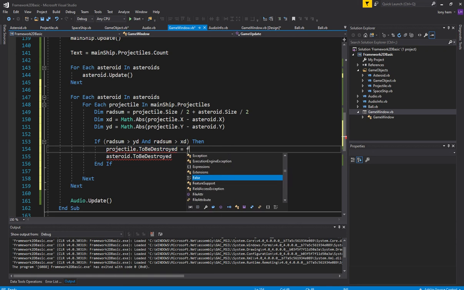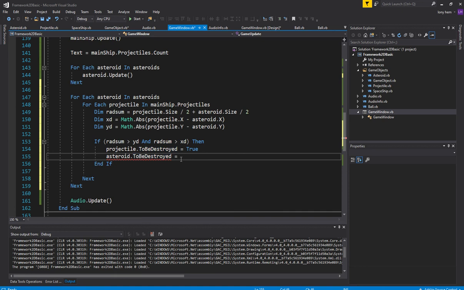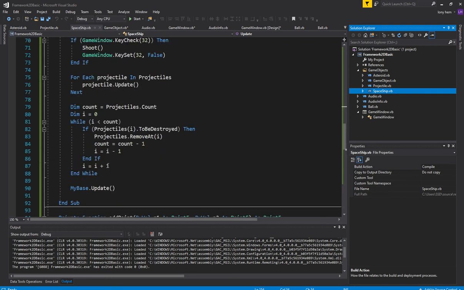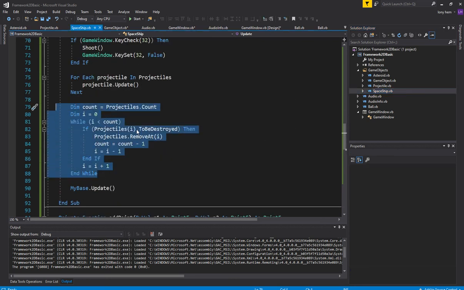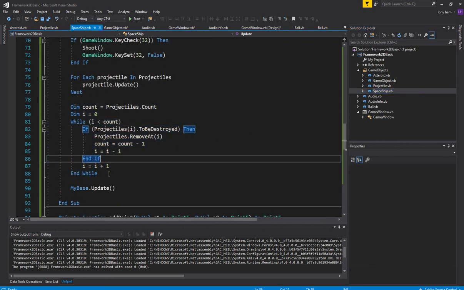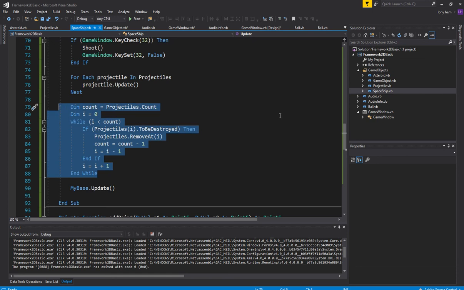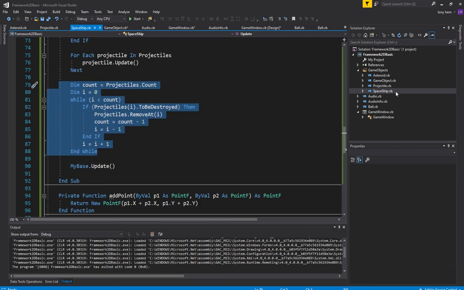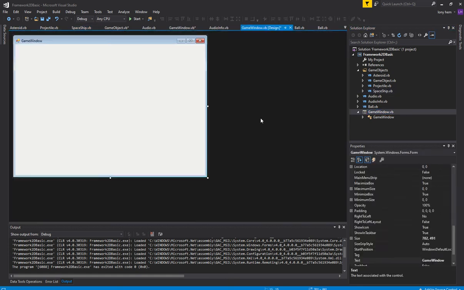Set it to false or true, or delete them. And then we've got to handle the deletion of them. So we're marking them to be true. We actually need to handle it just like we handled it in the spaceship in the last few videos, where the spaceship handles the deletion of the projectiles when it's out of bounds. Well, I'm just going to grab that code from the ship, update, at the end of it. I'm going to grab that code, go back in the game window,